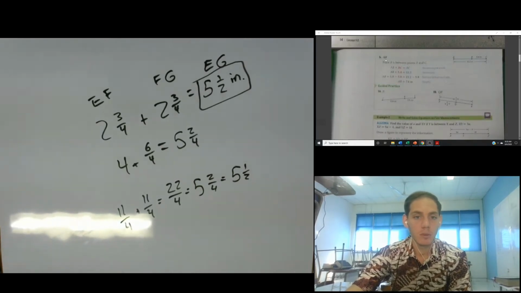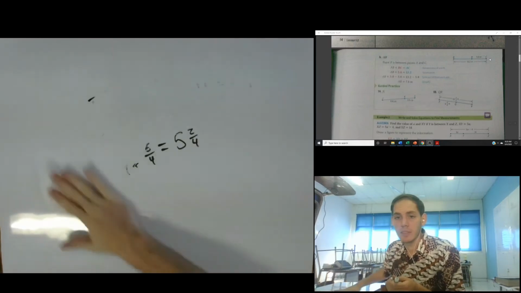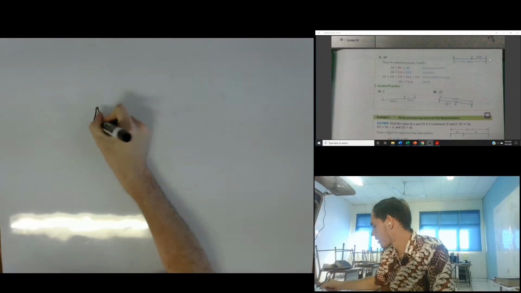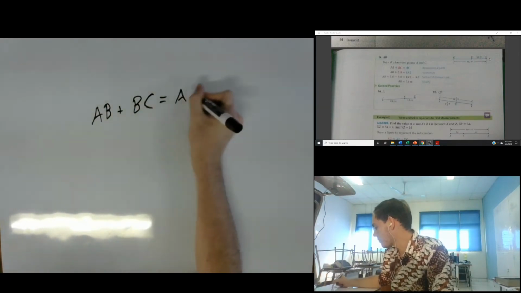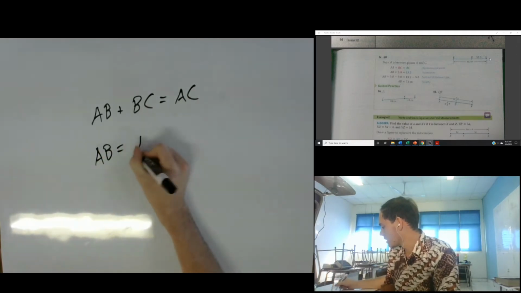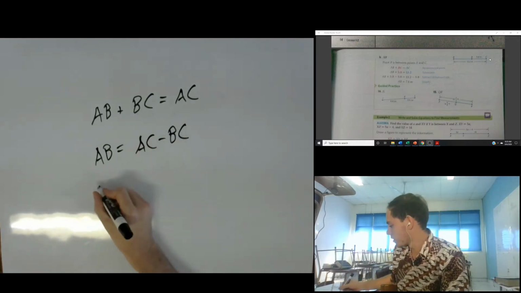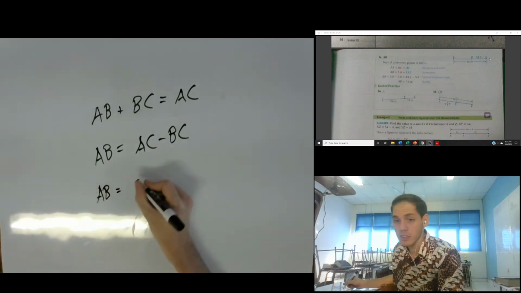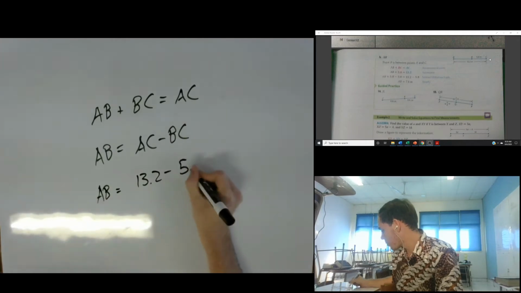In this one, we're finding AB. We don't know AB, but we do know BC. Using AC and using BC, we get AB plus BC equals AC. To solve for AB, we get AB equals AC minus BC. So let's plug it in. AB equals, with AC 13.2 and BC 5.8,